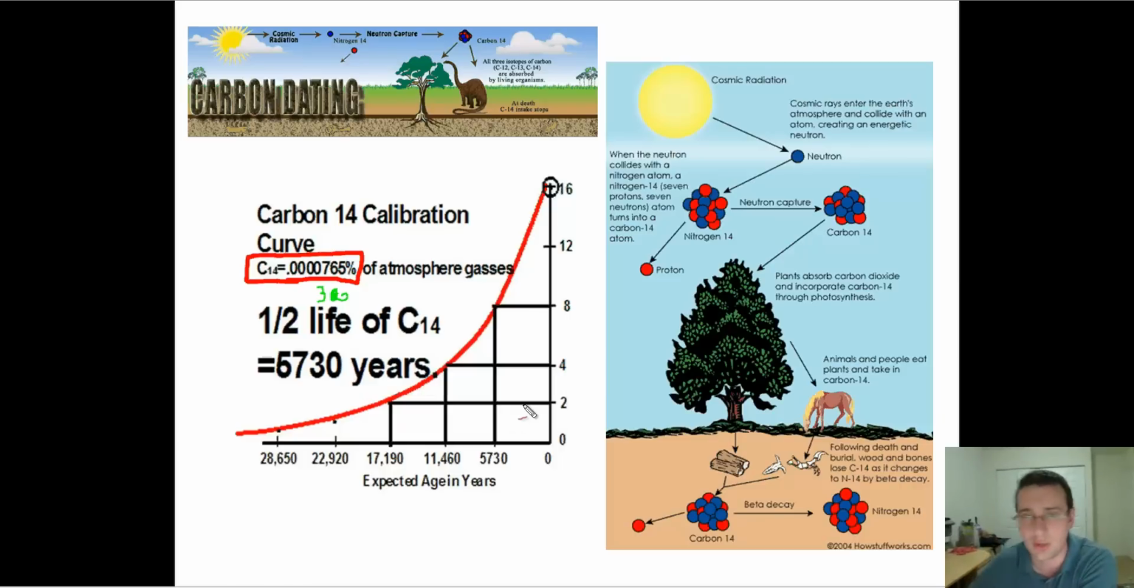Now what if you find a quarter of what it should have? Then you know it's been dead for twice that, 11,460 years. If you find only 1/8 of what it's supposed to have, you know it's been dead for 17,190 years. So using methods like these, we've been able to date archaeological things and other remains of things over thousands of years. The only problem, of course, is that the amount of carbon-14 on anything is already very small